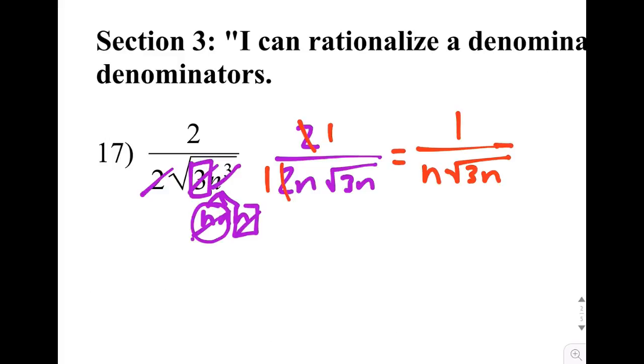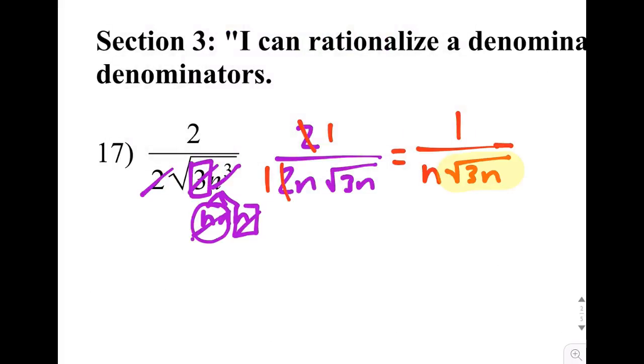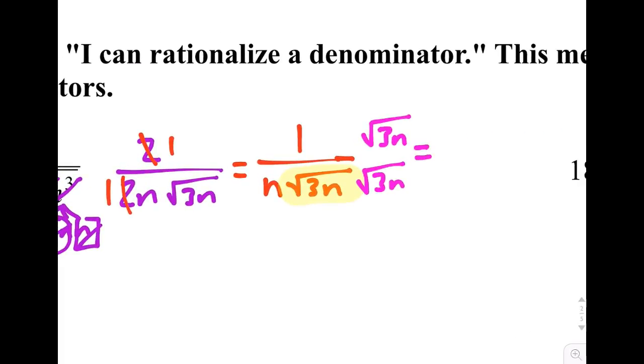However, because of the fact that there's a square root in the denominator, you have to take an extra step. There's nothing you can do to simplify that. Instead, what you need to do is multiply the top and bottom of the fraction by exactly that root, that fully otherwise simplified root, square root of 3n on top and bottom, to get your final answer, which is the square root of 3n over n times, and now here we have square root times the square root,